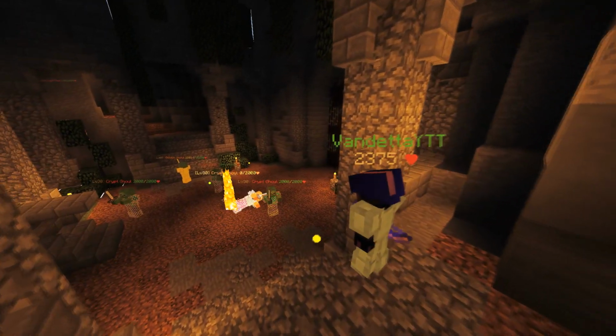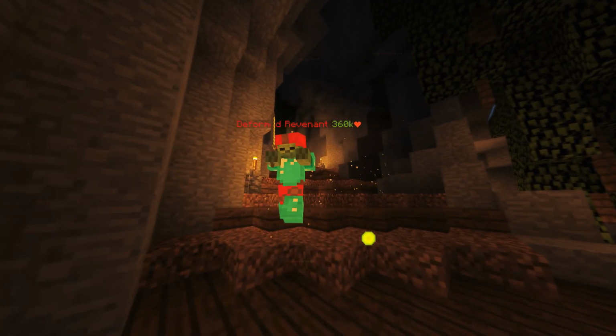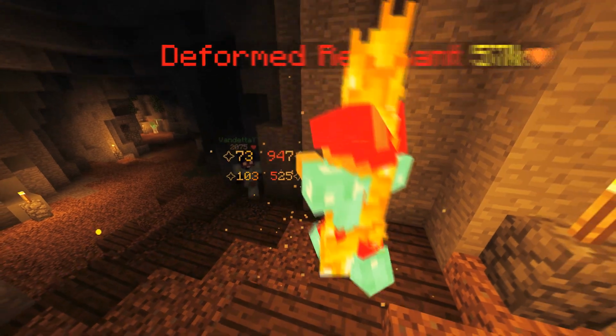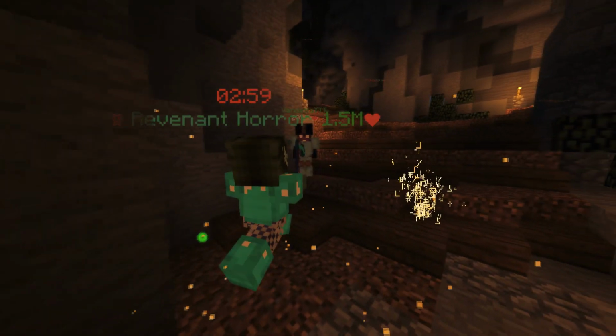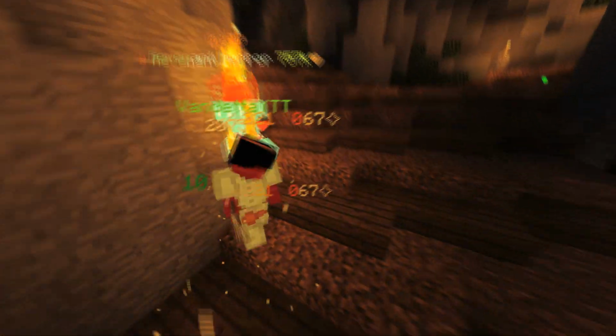Anyway, we're met with 2 mini bosses this time. One that has 90k HP and another one that has 360k HP. And after these 2 mini bosses, we get a warm welcome from the tier 4 boss. 1.5 million HP. What used to take me 2 to almost 3 minutes, now it takes me 2 to 3